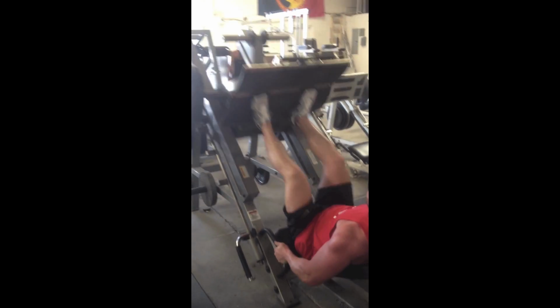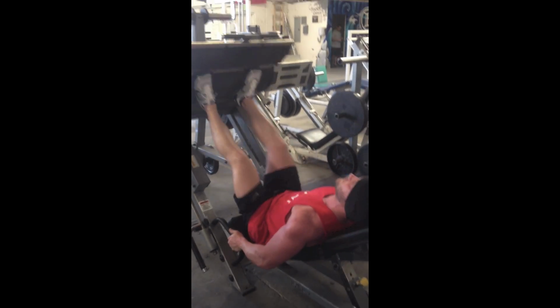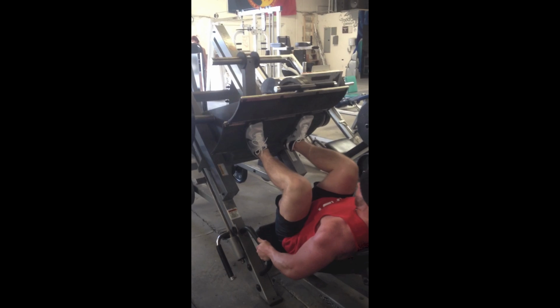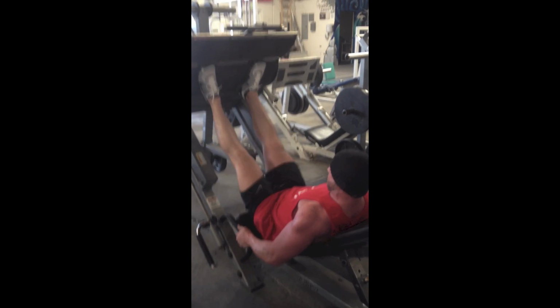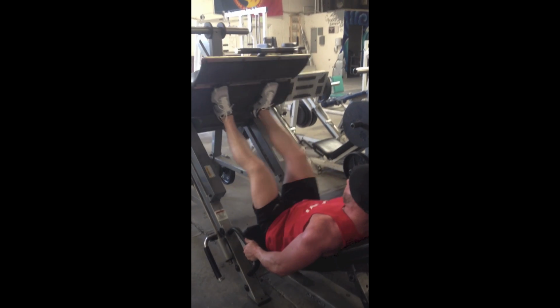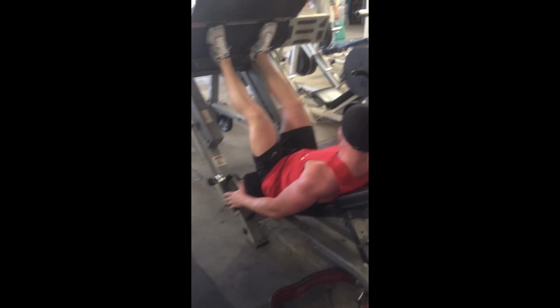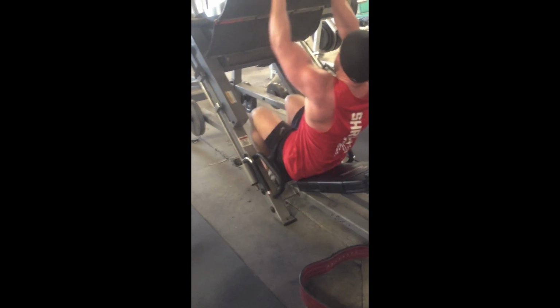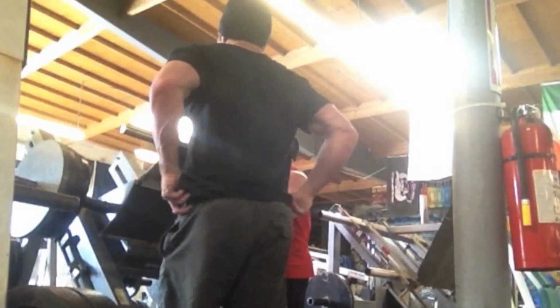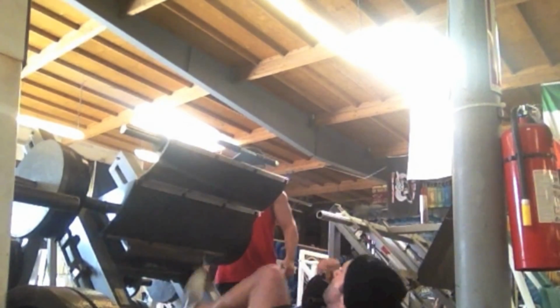Pumping out reps. You guys might be wondering why we're doing so many repetitions. Why would I go to 15 on a squat? And the reason is because all winter, all I did was work with 3 rep, 5 rep, and 1 rep maxes. So right now, with my goal being hypertrophy, I'm really trying to loosen up some of those muscle fibers in my legs. Really trying to pump some blood into the muscle. So you'll see here, I think I go up to 30 repetitions on this